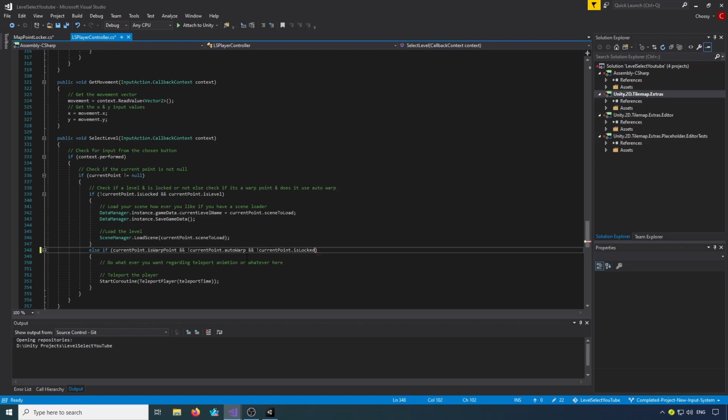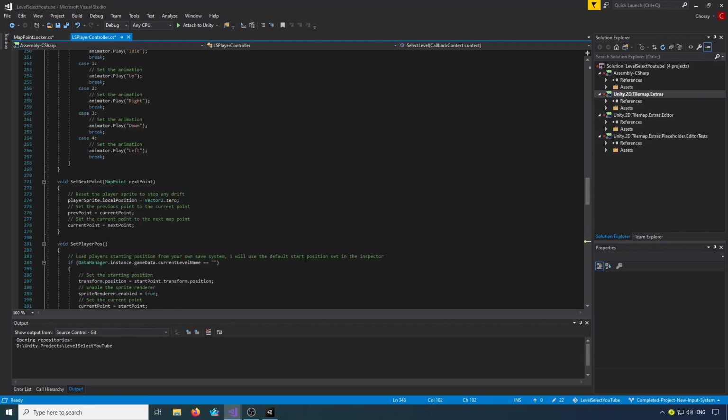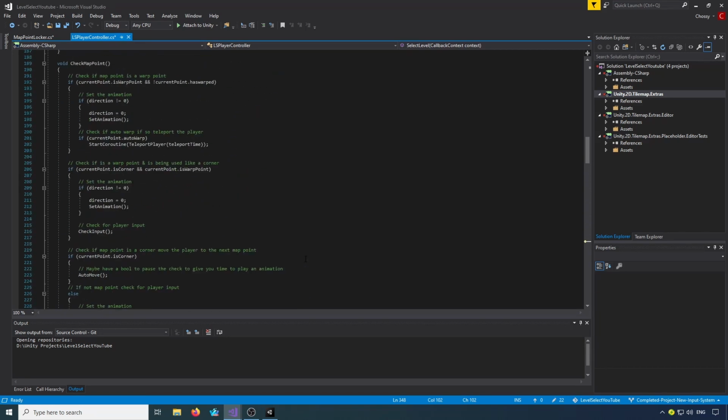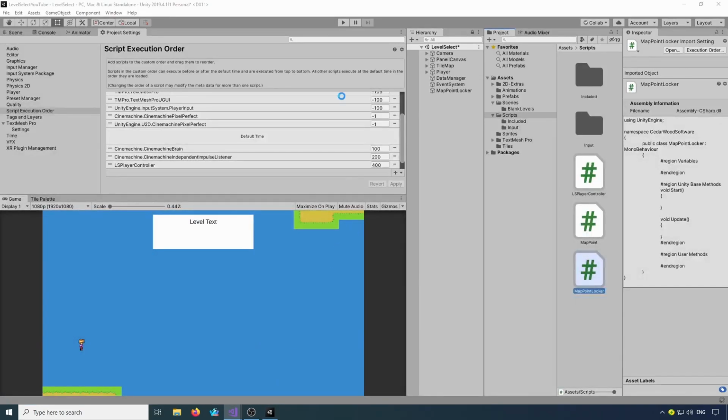and current point is locked, and then we need to scroll up into our check map point, and where we've got auto warp, also put and current point isn't locked. So if we now save those, jump back into Unity,